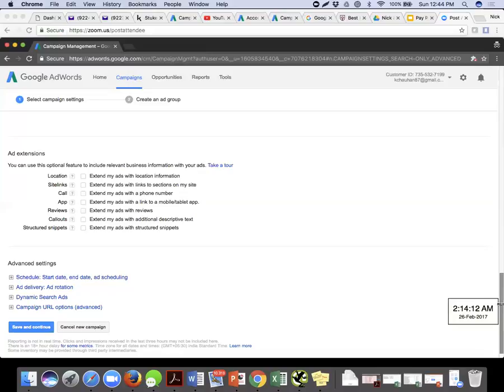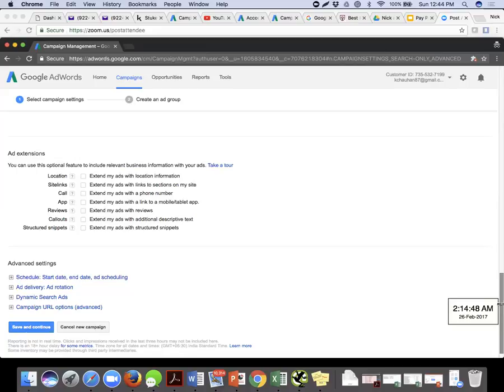Then similarly, let's say the location extension, which is a very common extension. That also comes majorly on mobile phones, since our mobile phones are connected with Google Maps and navigation and so forth. So the moment I have typed in nearby Chinese restaurants, either I can call them up or I can straight away go to their place. If that restaurant has an ad with not just the call extension but also the location extension, this will be an ease for me.